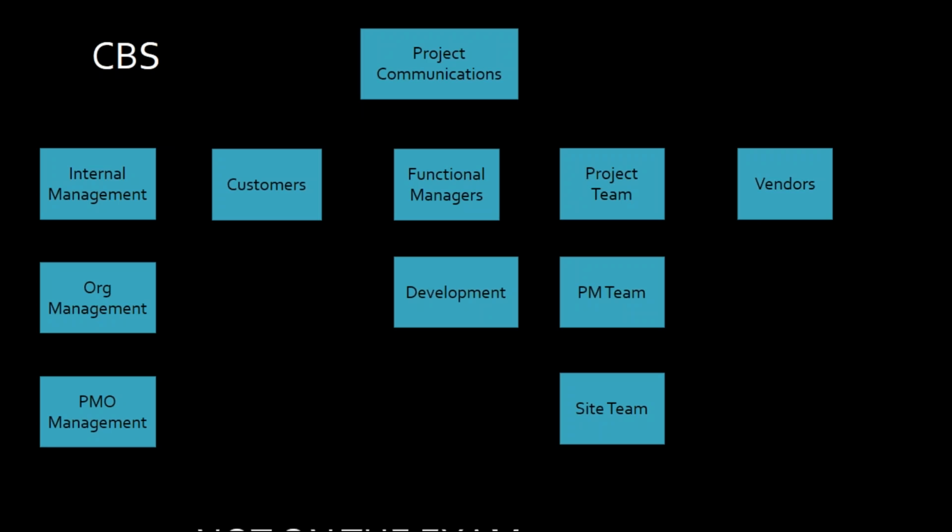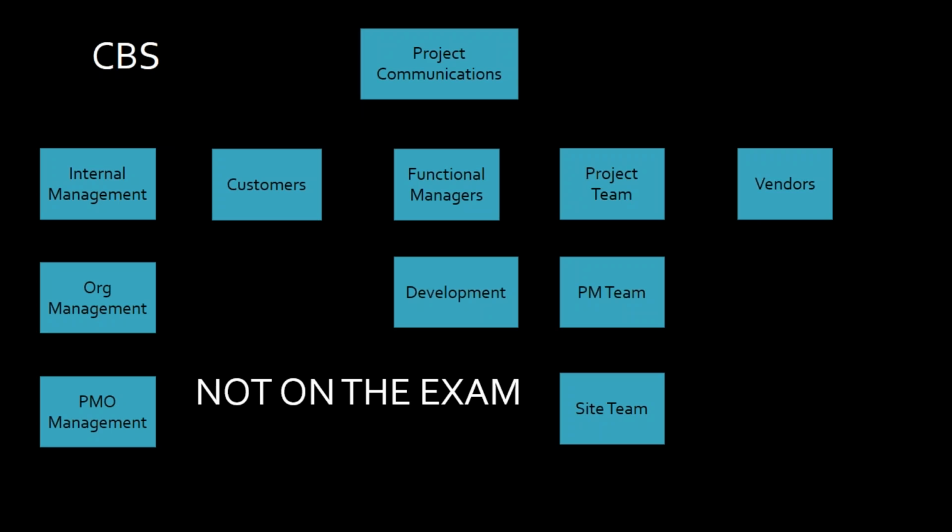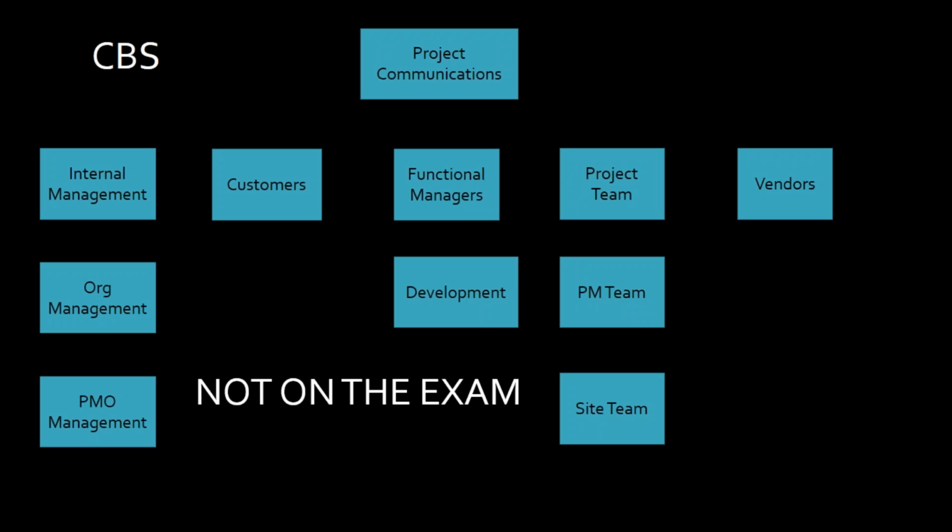And again, not on the exam. This is the second time I'm showing you I did the same thing. They're so alike, I would do it anyway. And I do it for every one of the knowledge areas. I call it my communication breakdown structure, and my communications needs. Who am I communicating with? Where are my areas of communication? Remember,